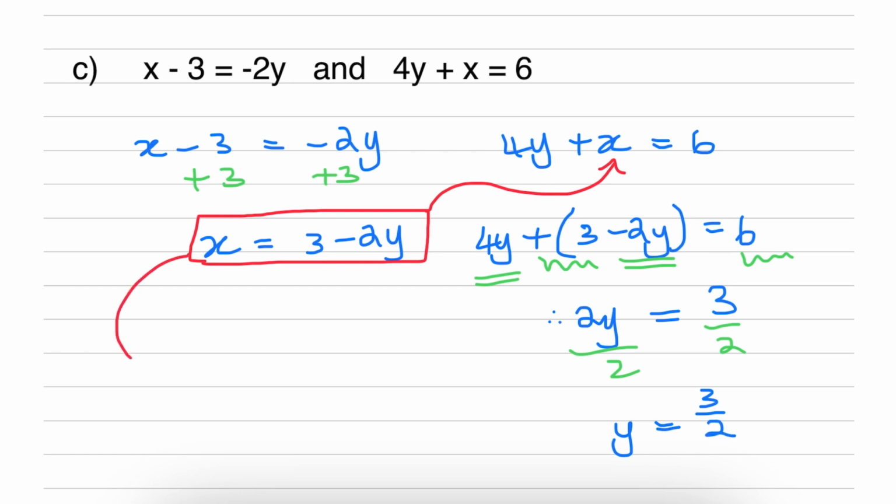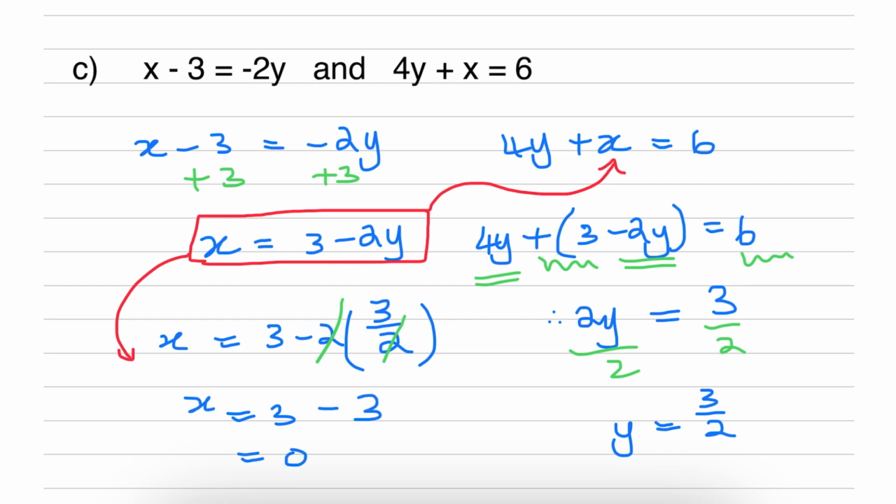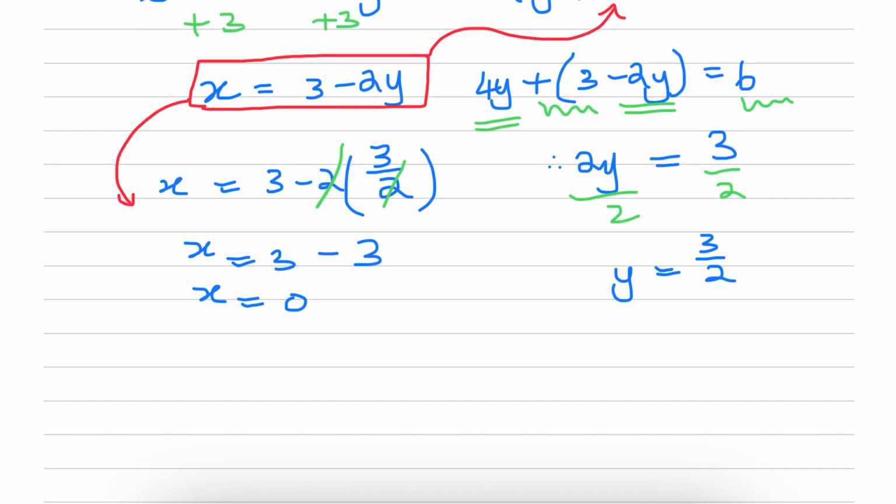Now to find x, use this equation again, and we'll say x is equal to 3 minus 2 times y. Remember, y is 3 over 2, so substitute that in. This numerator 2 will cancel with the denominator 2, and that leaves us with the 3 at the top. So you get 3 minus the 3 at the top, and so that is equal to 0. So x is equal to 0, y is equal to 3 over 2, and these are our solutions for the